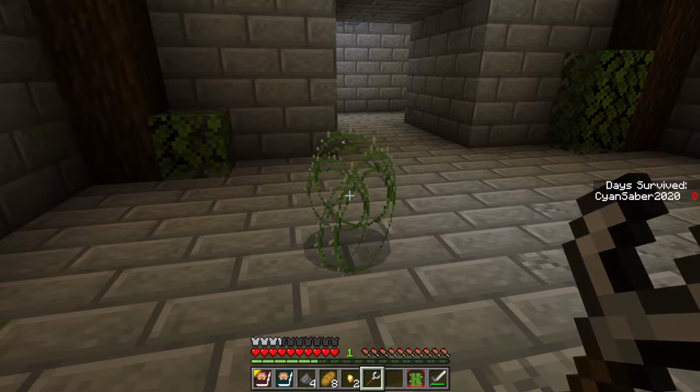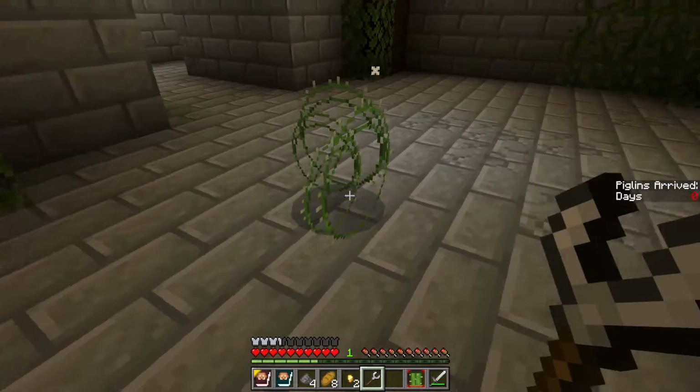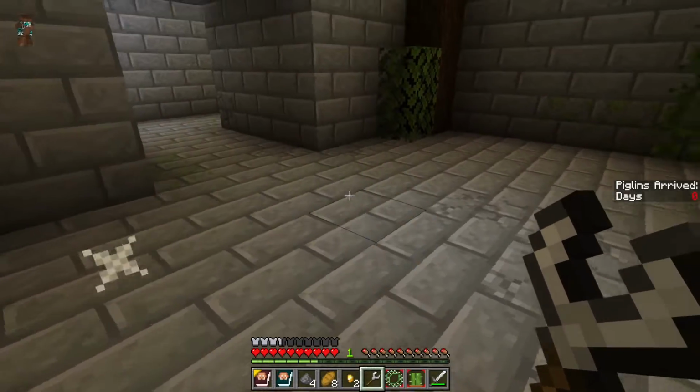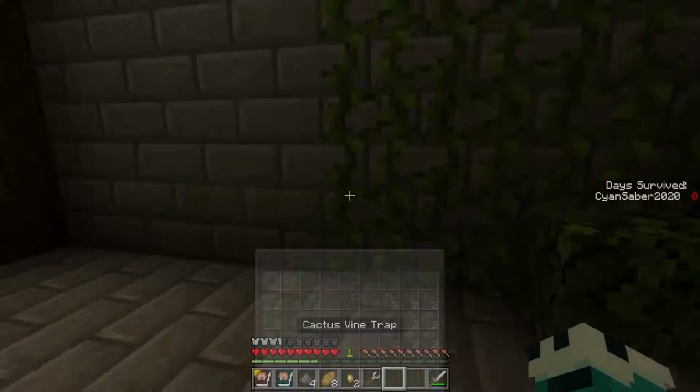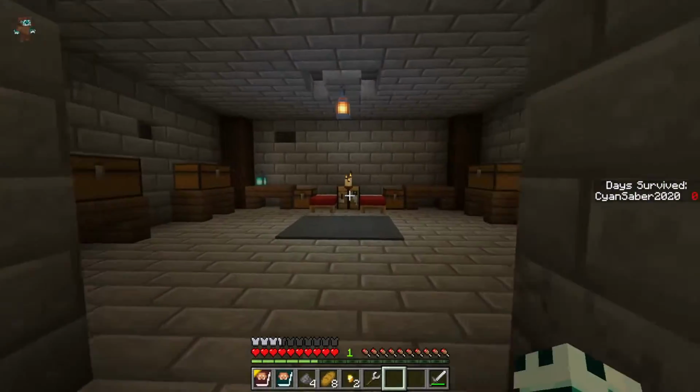If you want them facing a different angle for whatever reason, for the aesthetics of it, then just right click or interact, whatever device you're on, and that will turn it. But yeah, let's pick that back up. I'm actually going to leave those in here for now and move on to the final room, which is the